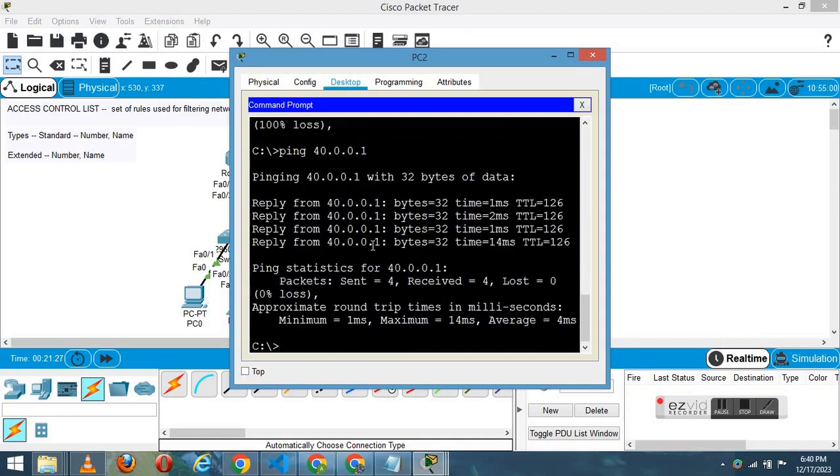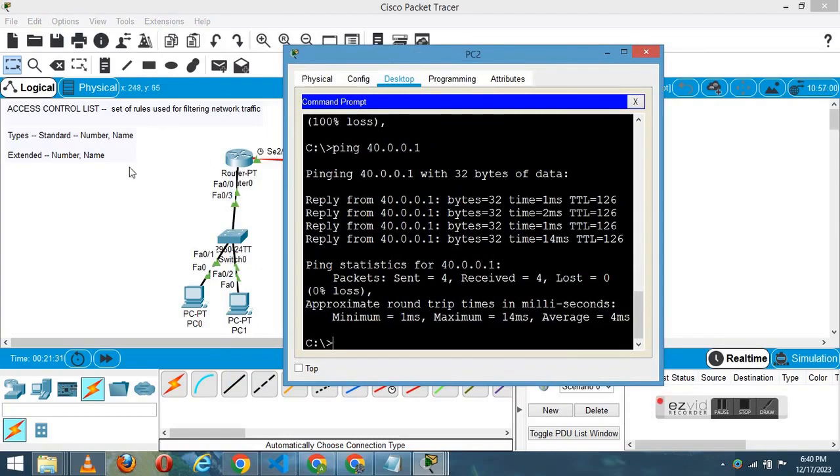We are getting the reply. So this is how we basically configure the access control list. For today we are only configuring the standard access control list, and